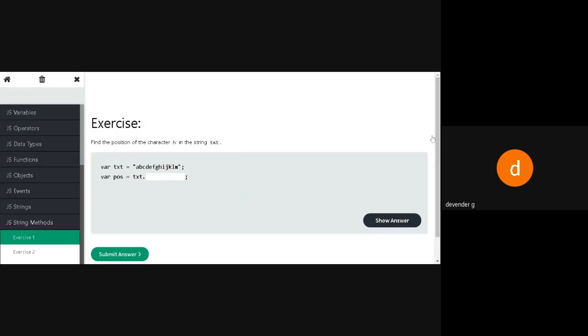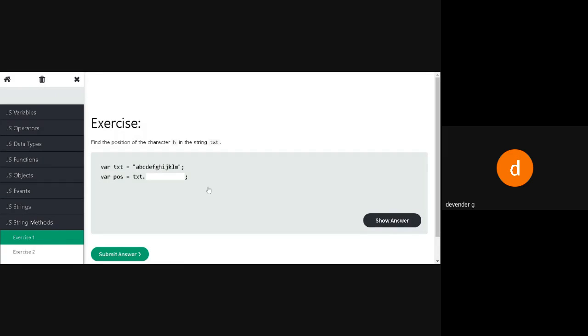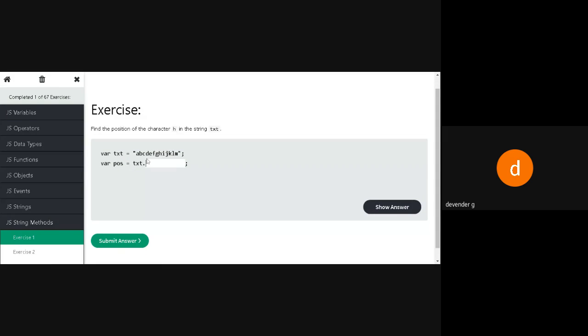Now we'll be seeing the string methods. So there is a string, A B C D E F G H I J K L M N. I want the H character's position.